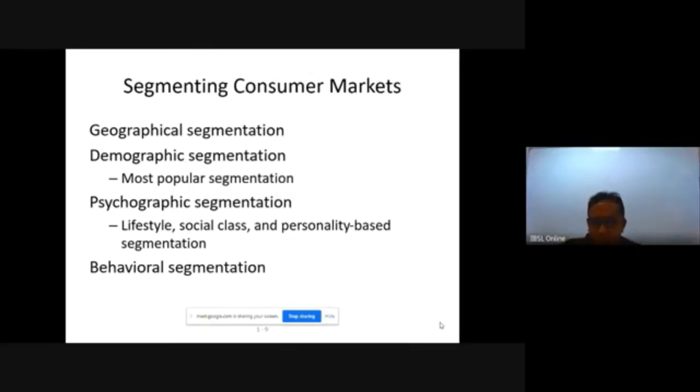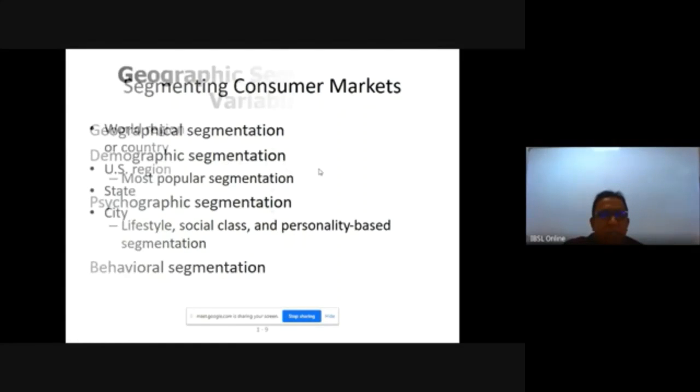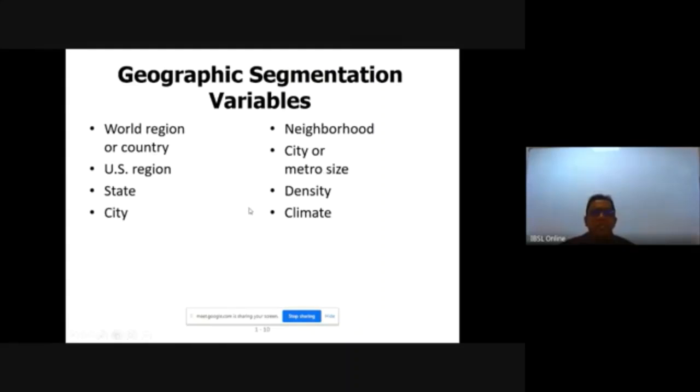Segmentation methods. Now you know what geographical segmentation is, and demographic, psychographic, behavioral, and I said there's another segmentation called geodemographic. It's a combination of these two. You can see the slides, no? Yes. Right. Good. So geographic segmentation is about dividing market based on